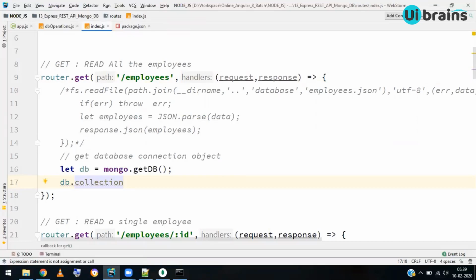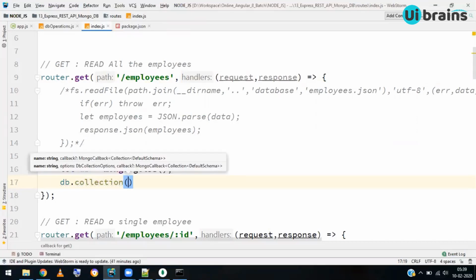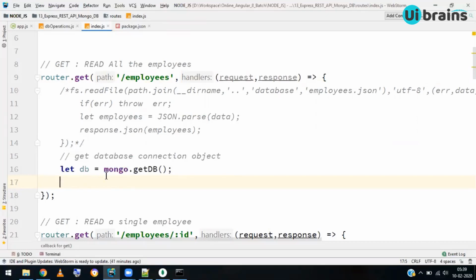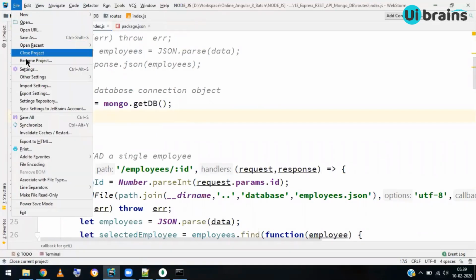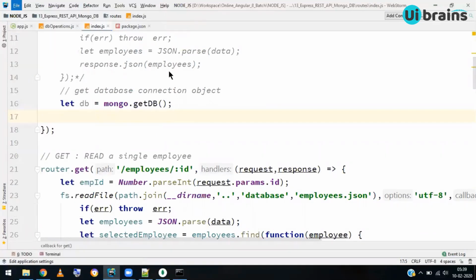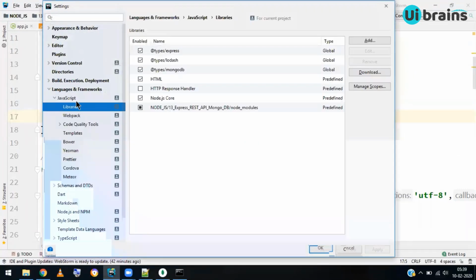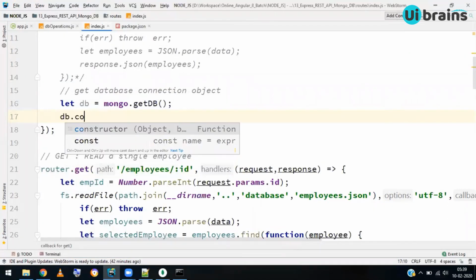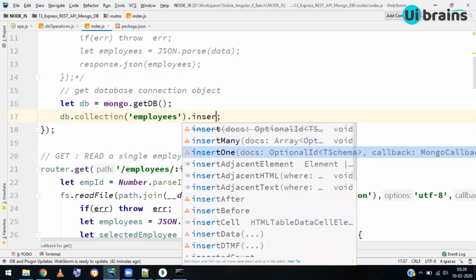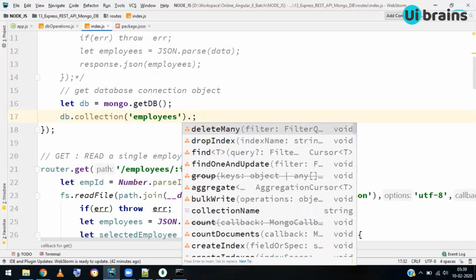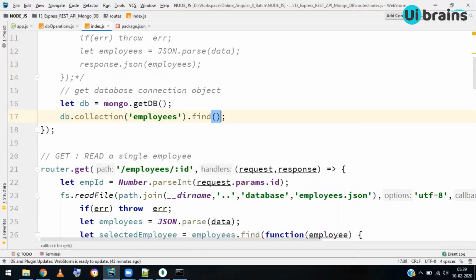Why is it not coming? One second. Let me check. Have I configured MongoDB? Libraries, yeah, MongoDB configured. That's fine. So db.collection of employees, employees.insert, not insert, it's a find, right? You have to fetch records. So find with no condition, .toArray,